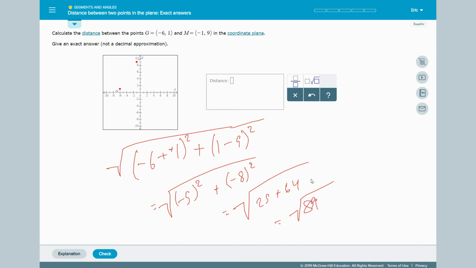And that's it. There's no calculator needed here because they do not want the decimal representation. Why? Because your calculator will be rounding what that is. So for example,